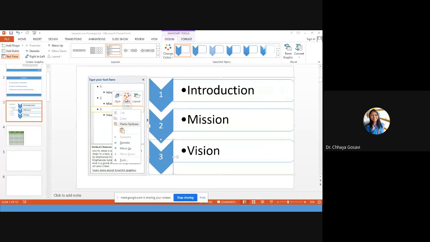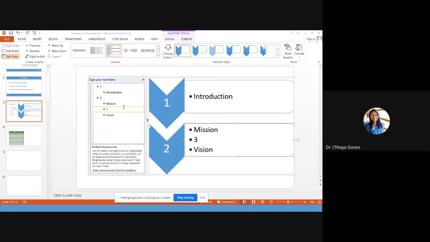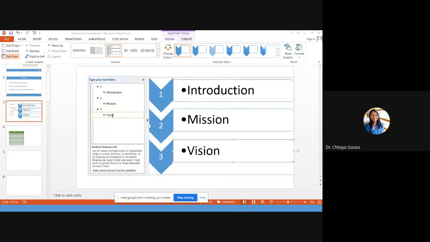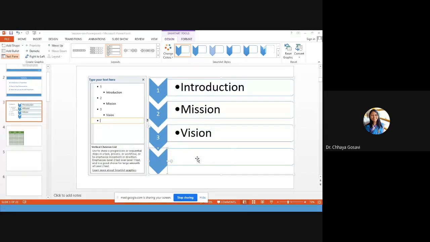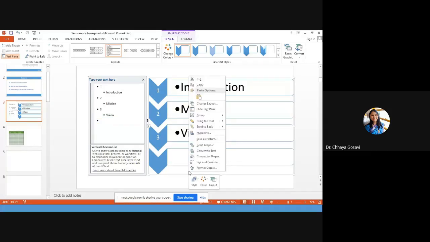the style, you can change the color option, you can change the layout, you can demote it, means bring it inside, or you can promote it, bring outside, and you can change the font, color, size, etc. So just I have entered and I want to promote it. So new shape gets added. So click outside, and